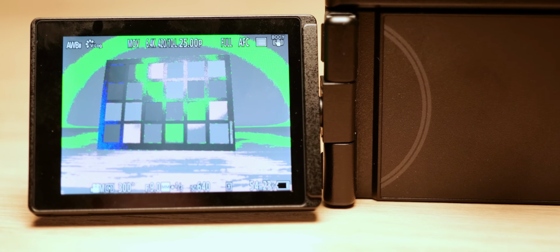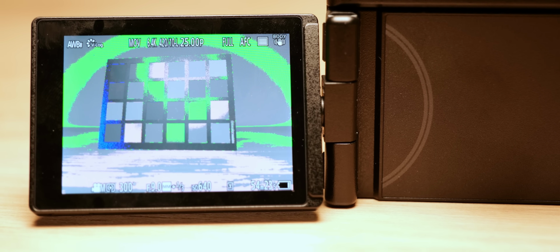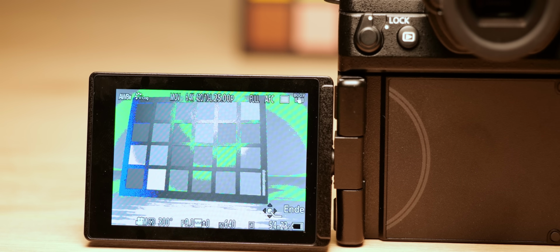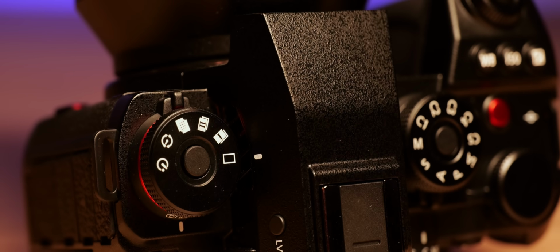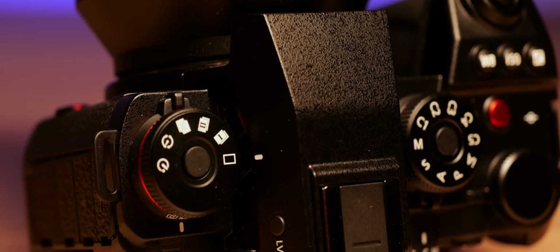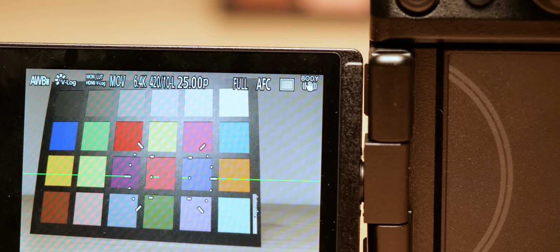Speaking of comprehensive video functions, the Panasonic S1R2 for the first time features false color. And right from the start, it comes with a pretty well executed implementation. And here's why. Firstly, the false color function can be easily assigned to one of the 16 function buttons of the S1R2. Just by pressing one button a little longer, you are able to choose a shortcut function for the